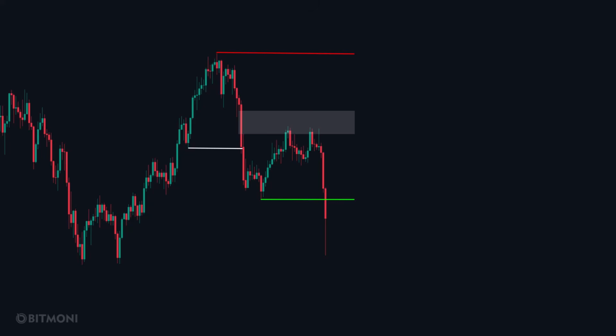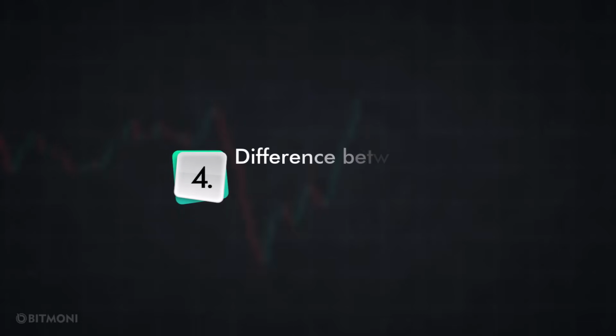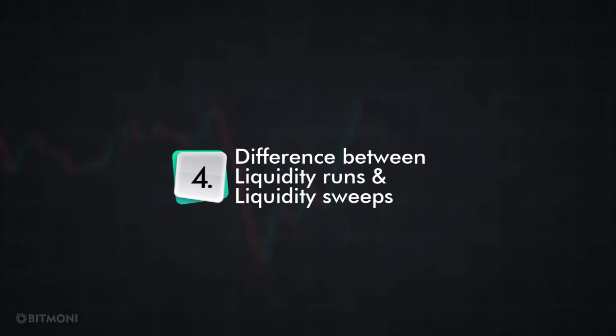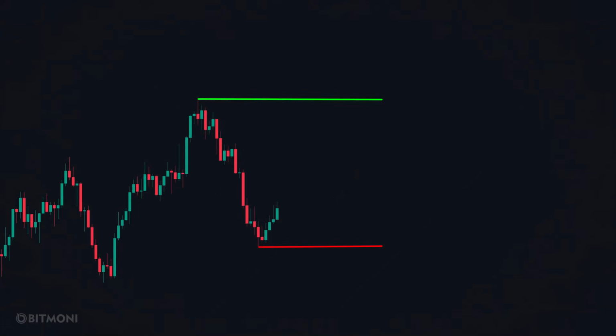It's crucial to keep this in mind during technical analysis, because when internal range liquidity fails to hold, it's an early indication that the market may target the change of character level, potentially signaling a complete trend reversal. The next step is to understand the difference between liquidity runs and liquidity sweeps, and more importantly, how to anticipate which one will occur. When price reaches an external range liquidity level, whether a previous swing high or swing low,